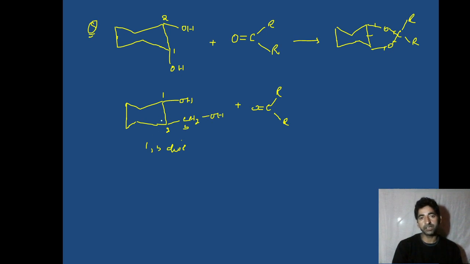6-membered rings exist in a cyclic structure, that is the chair form. So I'll get two types of chair form structures. This is the first one. Over here I have an oxygen atom, over here I have CH2, then I have an oxygen atom. I drew it incorrectly. Let me draw it again.